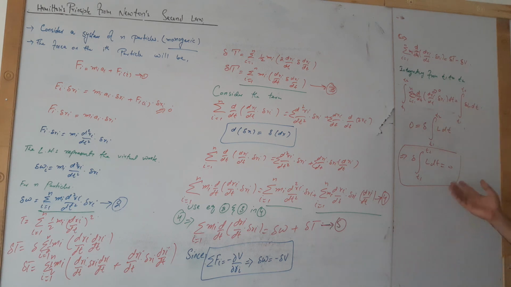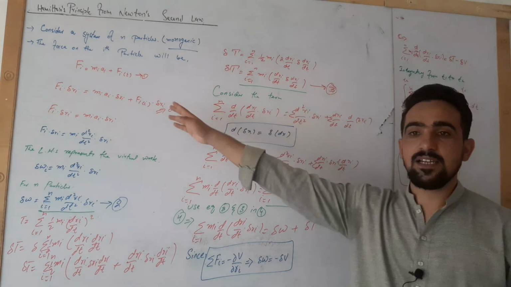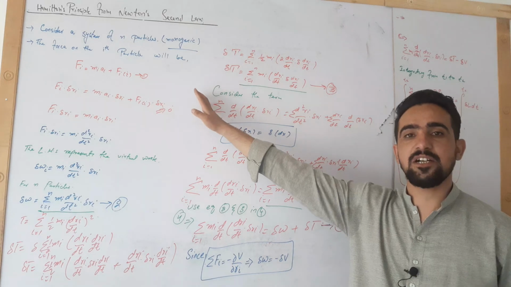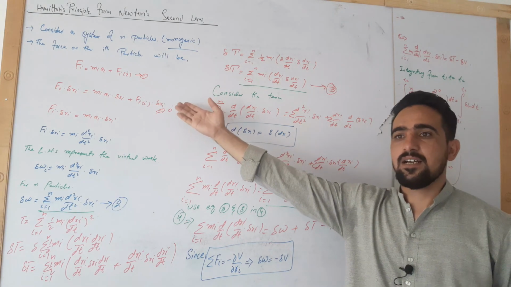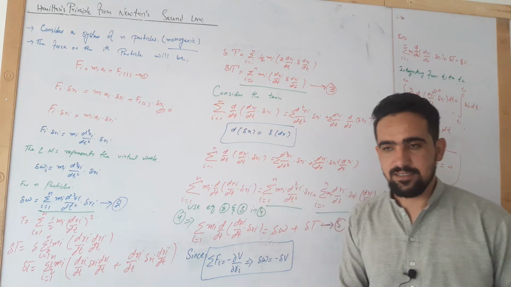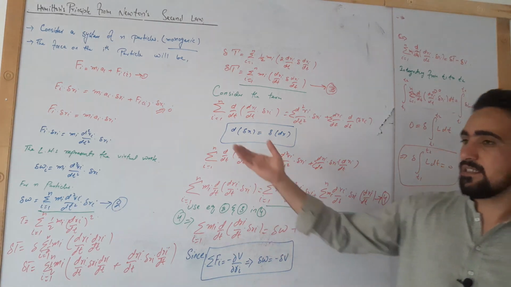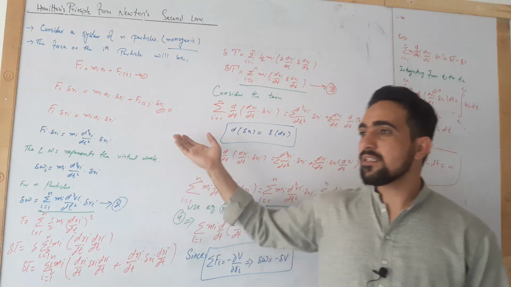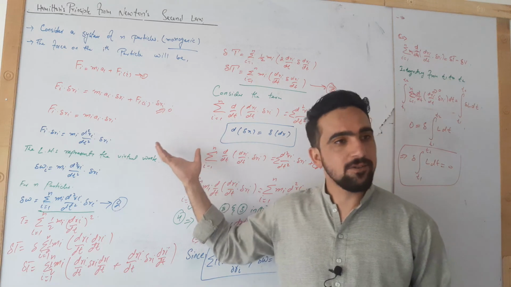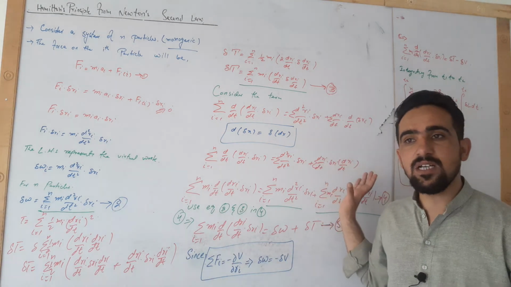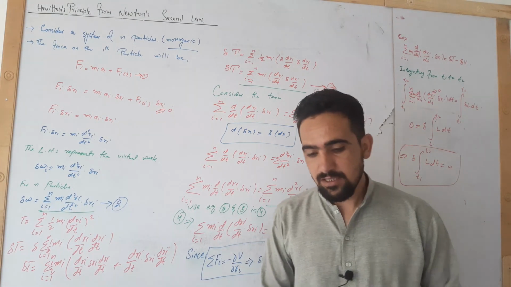You can do the same exercise as I have done with Cartesian coordinates, that is r as my variable, but you can also consider the generalized coordinate q and do the same exercise for all of this. Okay, so that was it.